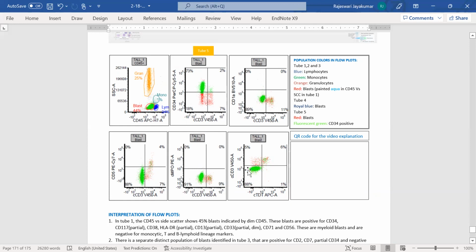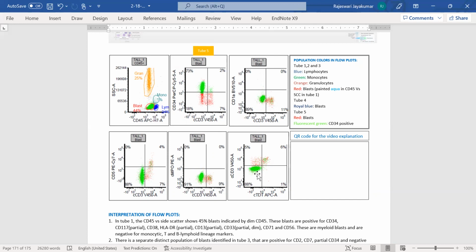and a larger chunk of the CD34 positive blasts that expressed myeloid markers are seen here. So we have two different blast populations here, which is suggestive that this is a mixed phenotype acute leukemia, T-myeloid subtype. Now, one question that you might have is sometimes T lymphoblasts can express myeloid markers, especially the early T precursors,